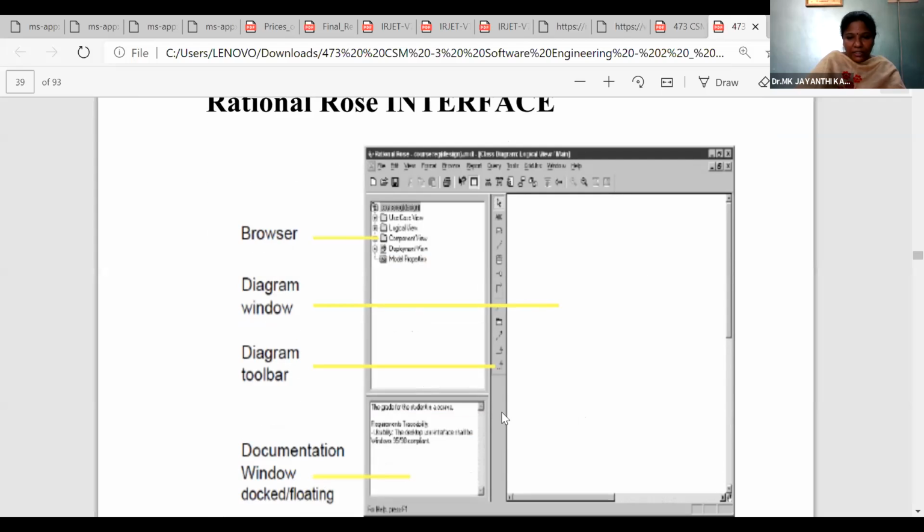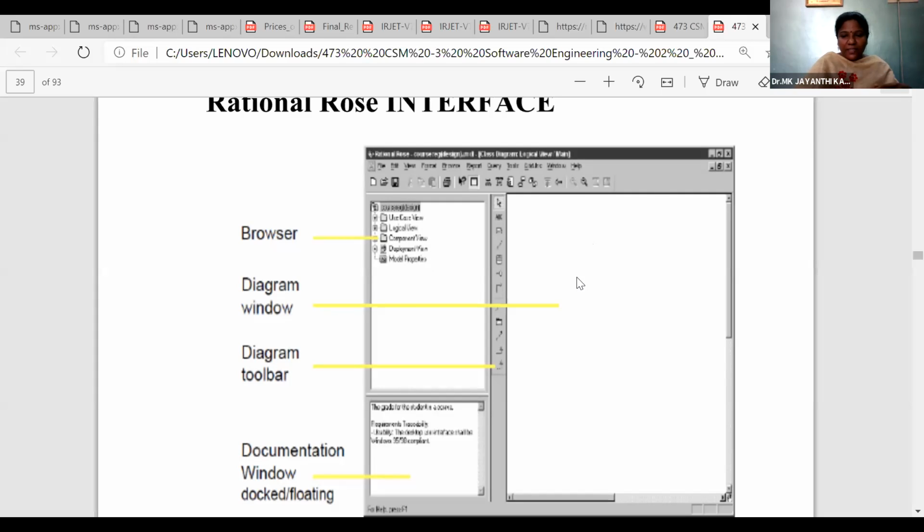So we can change the properties, we can assign the names, we can modify the attributes and functions that we can do here. And all our project and subcomponents, diagrammatic representations, logical views, and diagrammatic views, everything will be listed for our particular project.